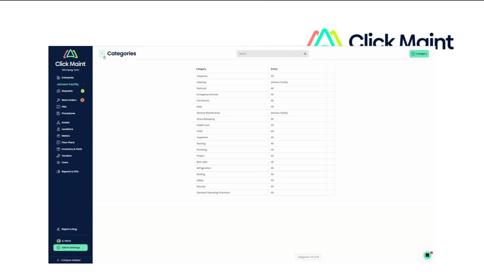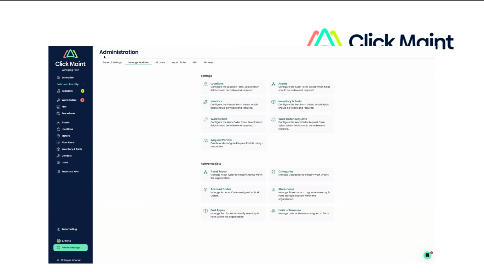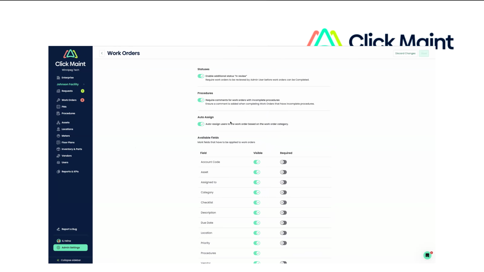Then from here, I've got my category set up. What we want to do is go to the work orders settings module. And you need to make sure that you enable this new toggle called auto assign. This is basically the setting that works behind the scenes to make sure all of this happens for you. Enable this on, and it'll auto assign users to the work order based on the work order category. Once that's set,